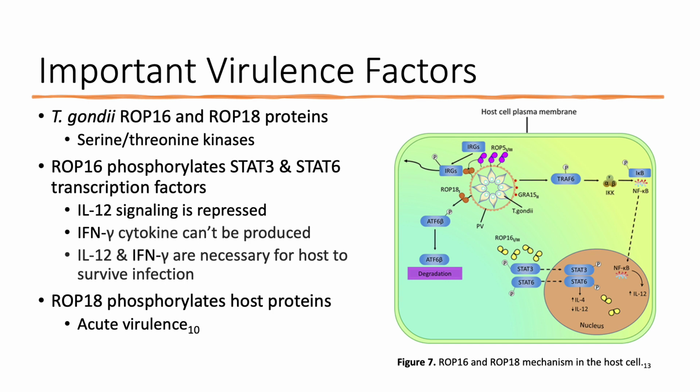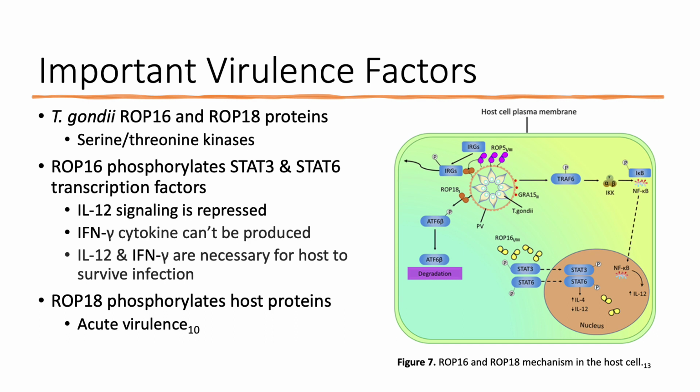And then from there, IFN gamma cytokine won't be able to be produced. Because of that, the IL-12 and IFN gamma, which are both necessary for the host to survive infection, are repressed. So if the cytokine can't be produced, then the host will not be able to defend